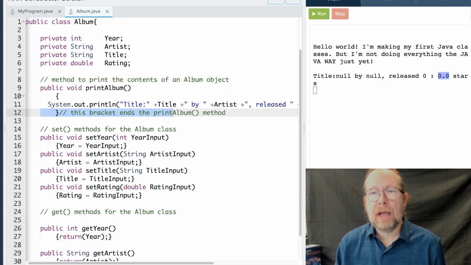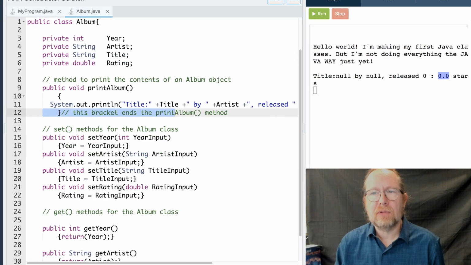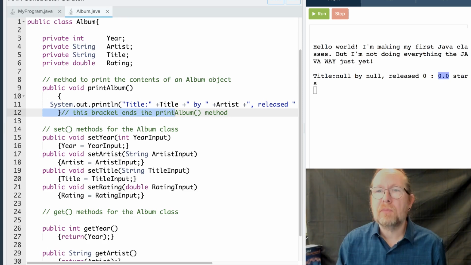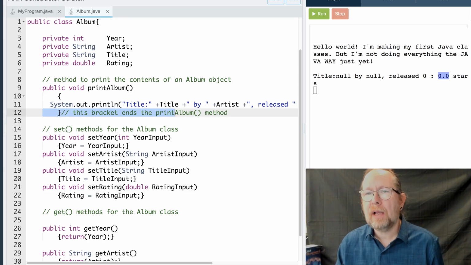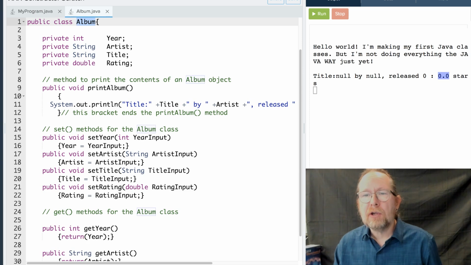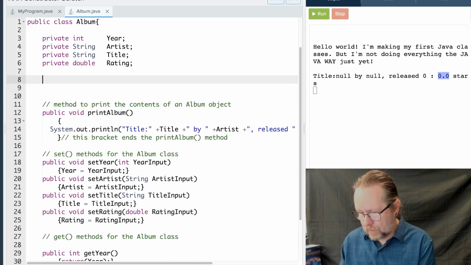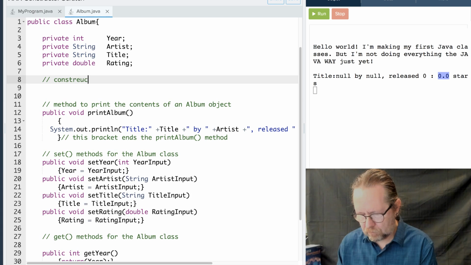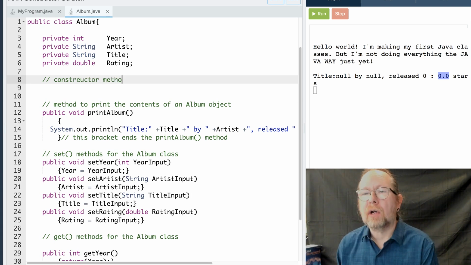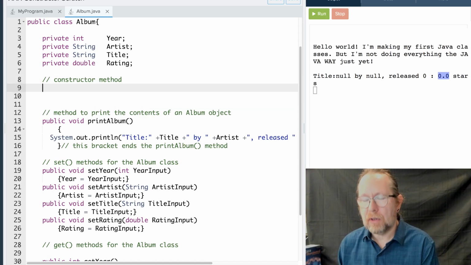So here I am back in my album class. I know it's not easy because you can't see my cursor to see when I'm changing files up here, but this is my album class. Here's my method that does the print album method. I'm going to create a special method called a constructor. And when you create a constructor for your class, you give it the same name as your class. So it's going to be public